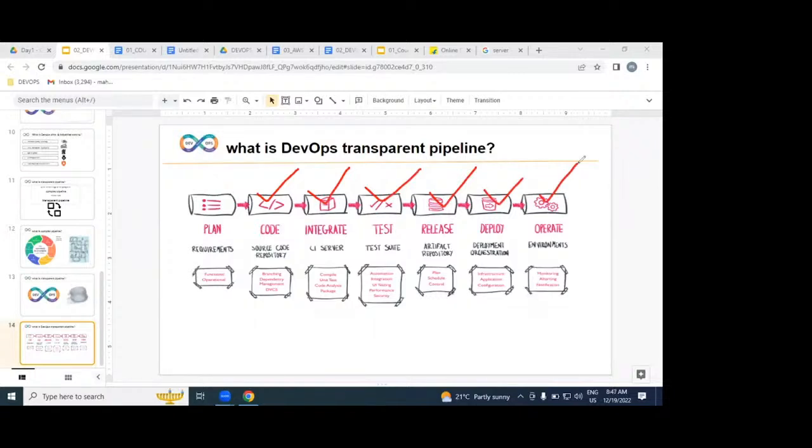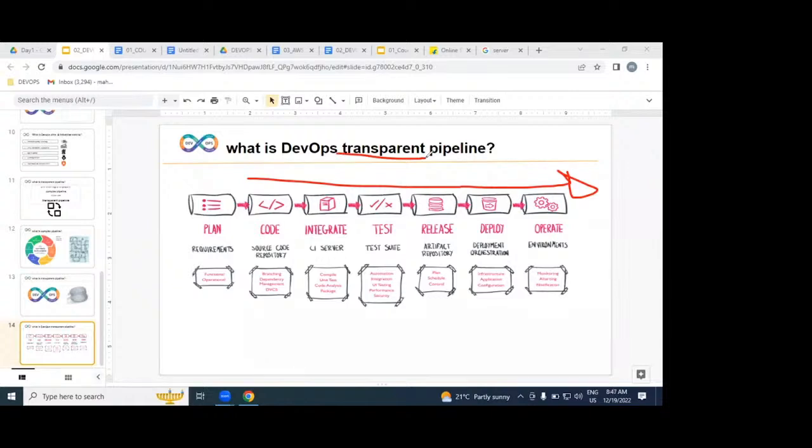Understood very clearly. To be frank, while implementing this DEVOPS process, we are not writing any code. We are not writing any test cases. We are just implementing an automated, transparent DEVOPS pipeline only. Why?